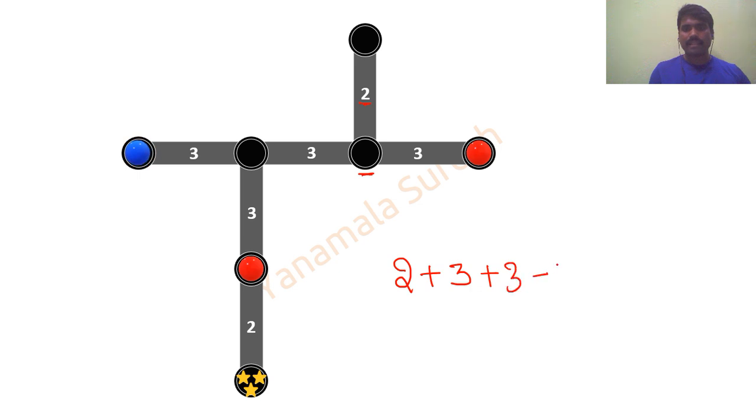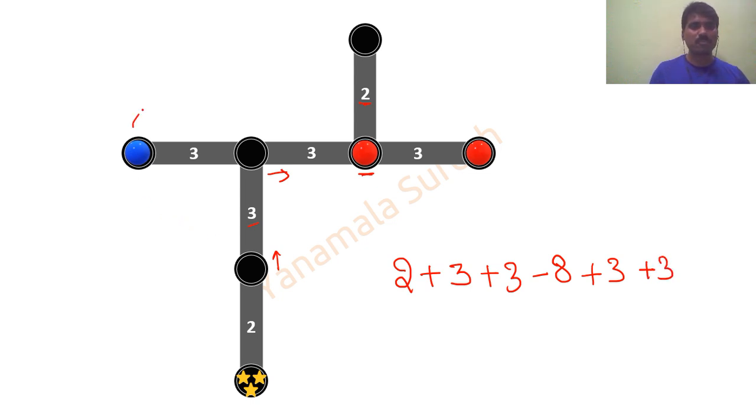Three minus 8. Why? Because already 8 is there. I have to subtract it as we discussed in the previous question. Done. Now what I have to do? I have to move this red color ball 1 position up. Done. If I want to move red color ball 1 position up, I have to use a number called 3, plus 3. Done. Now what I have to do? I have to move this red ball 1 position right side, plus 3. Done. Now what I have to do?